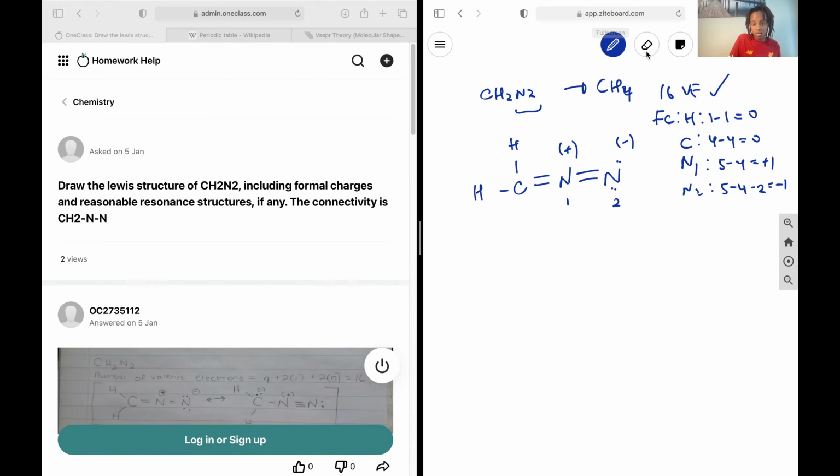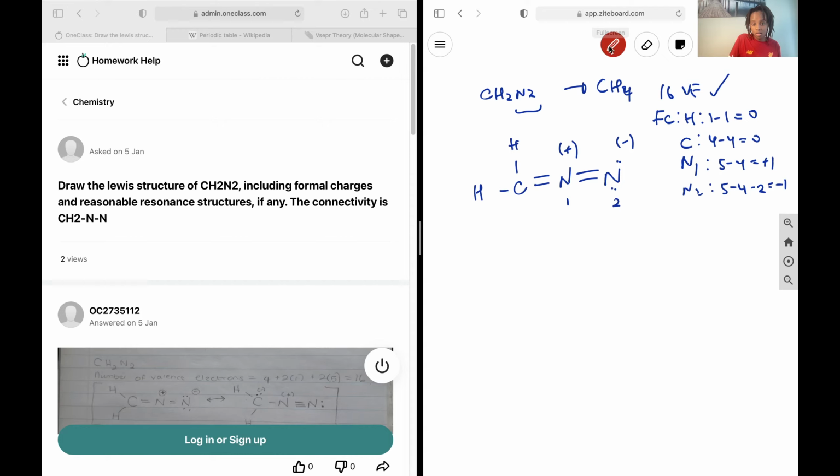And the question mentions resonance structures. So what that means is, can we move any of the electrons, either in lone pairs or in these double bonds, into a configuration that is different from this one, but still maintains this formal charge of 0 and still maintains the 16 valence electrons? And indeed that can be done